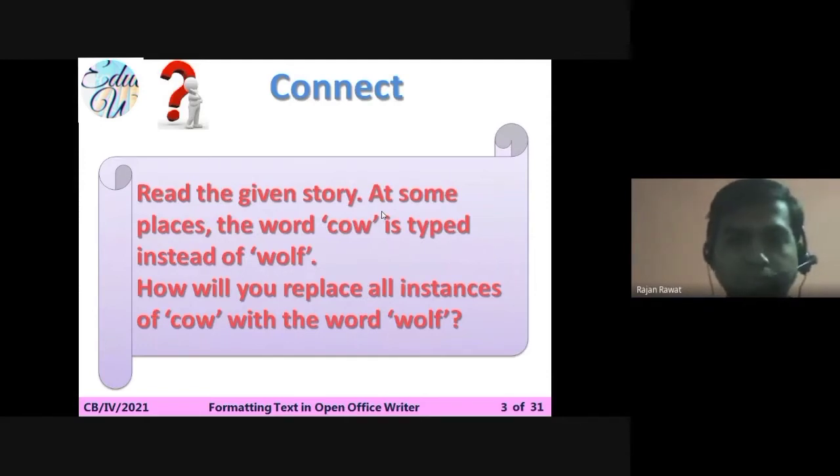With its help, only once you have to type the name that you want to find, and then the second name which you want to replace it with, and in that way you can replace the word throughout the paragraph with something else. Okay.